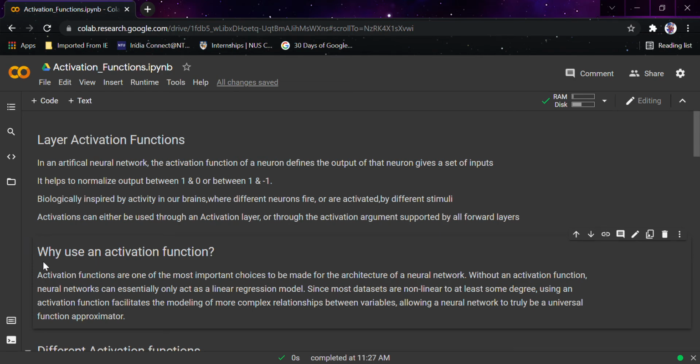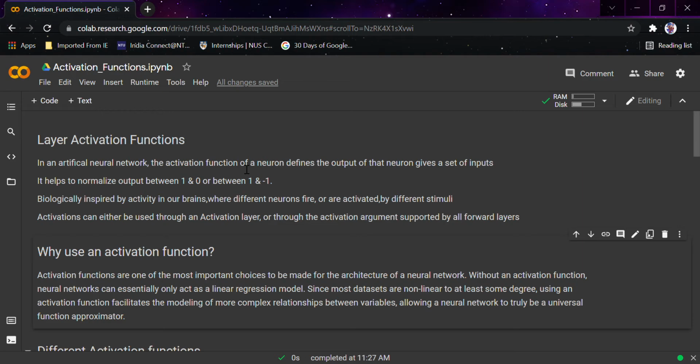So hi guys, from today we are going to start a new series based on activation functions, where we are going to talk about every activation function in detail: how the graph looks, its application, its advantages and disadvantages. Before starting with all the activation functions, we obviously need to study what activation functions are and why to use them. So in today's Colab we are going to look at that only.